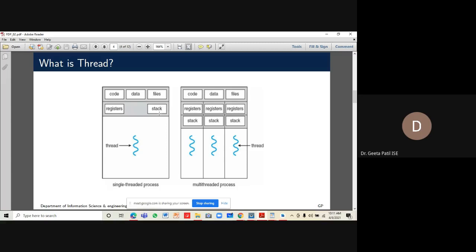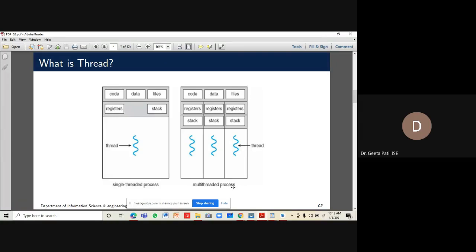Now, when you open Microsoft Word a second time, a new process is created, and that process is associated with similar parameters. So instead of doing that, we are introducing the multi-threaded process. In a multi-threaded process, within a process, multiple threads are created.